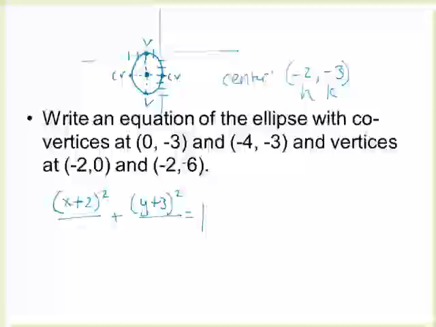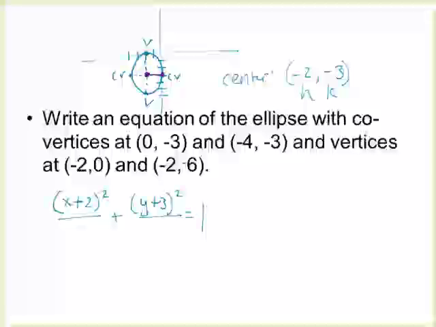So if we started with the equation and went to the graph, what did I do with the number that was under the x squared? Took a square root of it, and then how did I plot it? If it's under the x, it should tell us about sideways movement. Okay? So what we're going to do is in our graph, we're going to look at the sideways